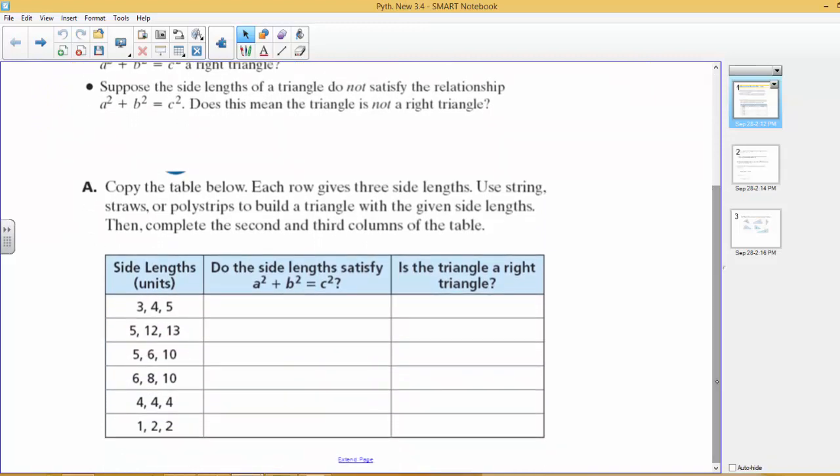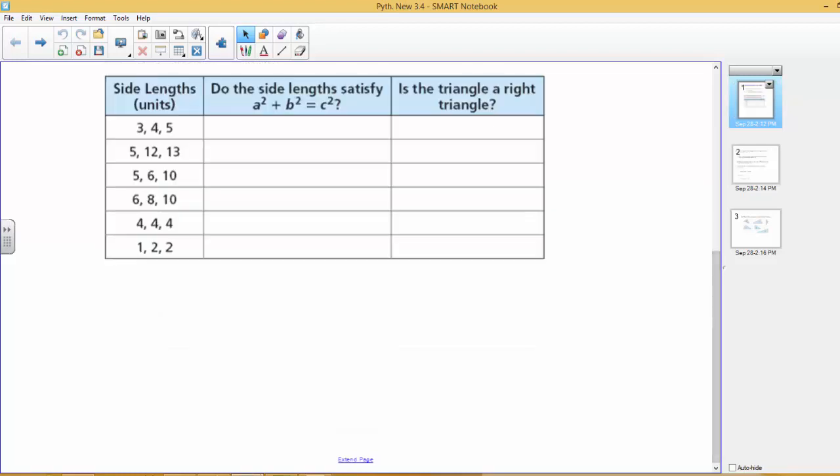So this doesn't look exactly like yours, but it's the exact same thing. And the question is, do these three numbers make a right triangle? If it's a right triangle, the Pythagorean theorem works. Now, you haven't actually seen the Pythagorean theorem written like this yet, but basically, if you have a triangle, and